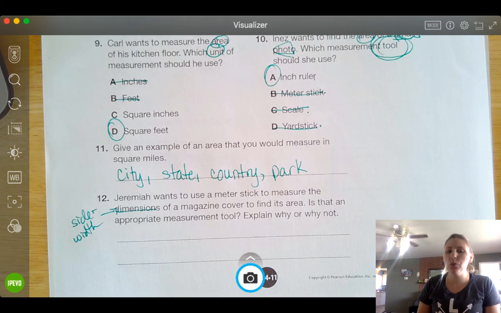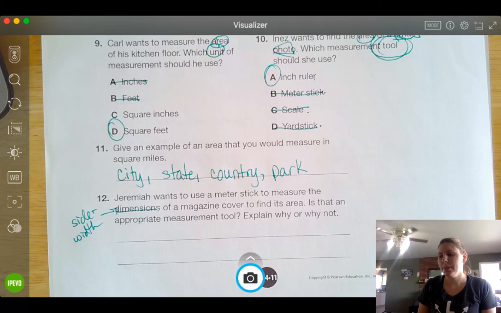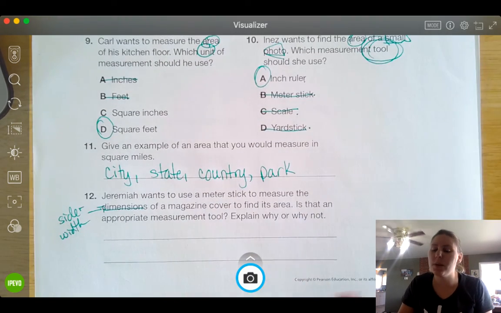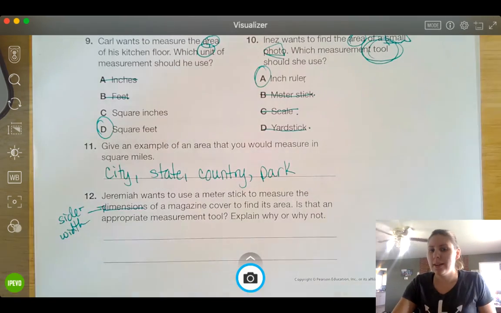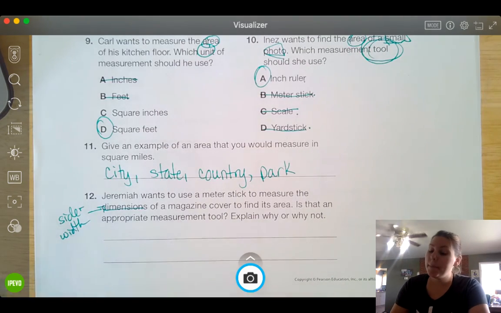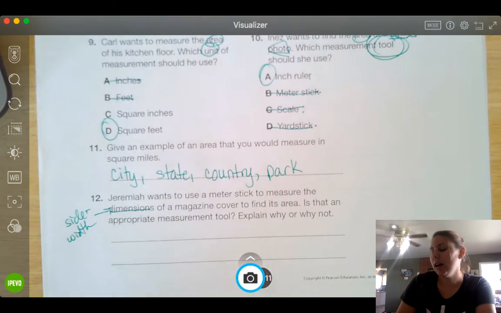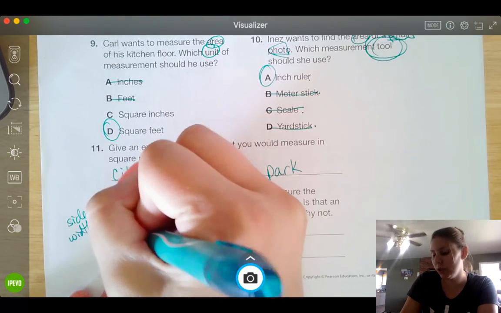So it's asking what tool he would use to measure a magazine. Well, a magazine is going to be about the same size as your piece of paper, maybe a little bigger or smaller depending on which magazine. So what would you use? The paper is measured 8.5 inches by 11 inches. I would probably use an inch ruler